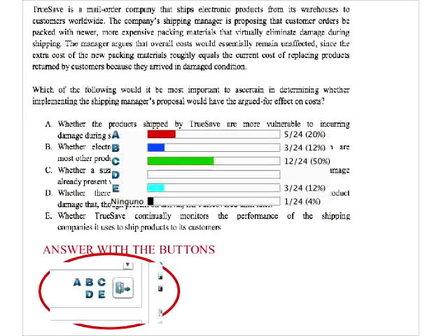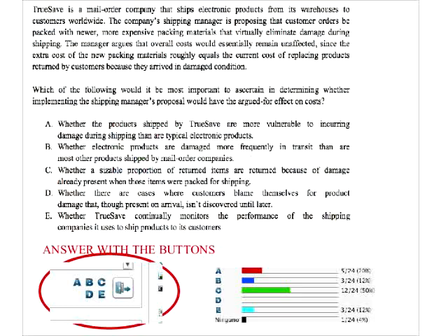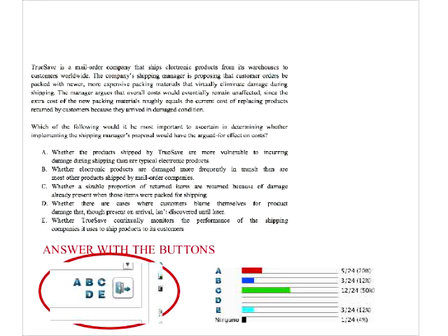All right. So let's talk about it. Remember most probable interpretations, etc. So the argument is that the manager argues that overall costs would be unaffected. In other words, that costs will cancel out other costs. So the manager argues that the cost of replacing damaged products, which would be saved by the new packing,